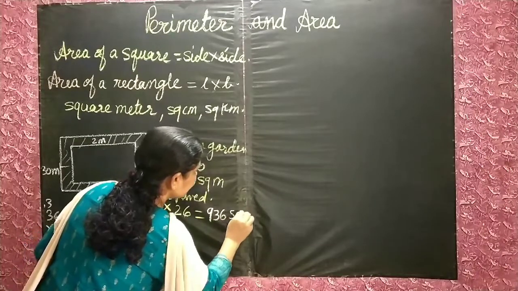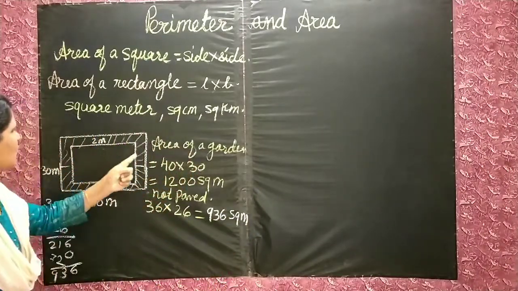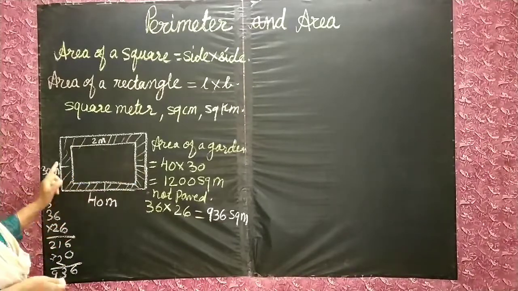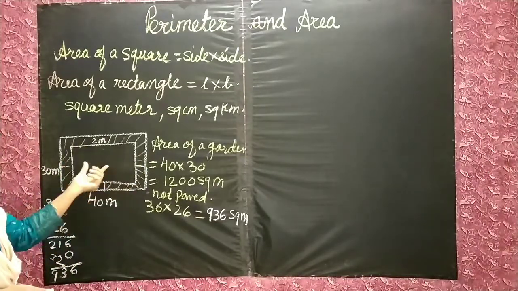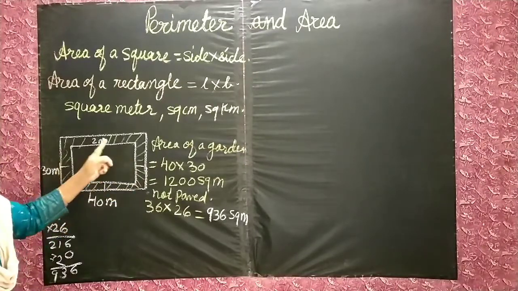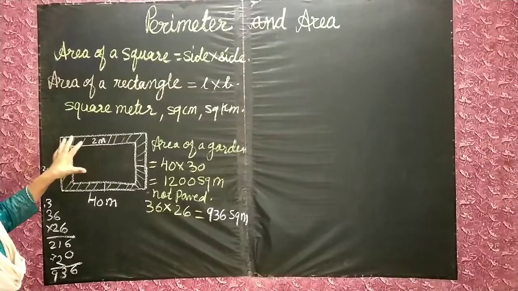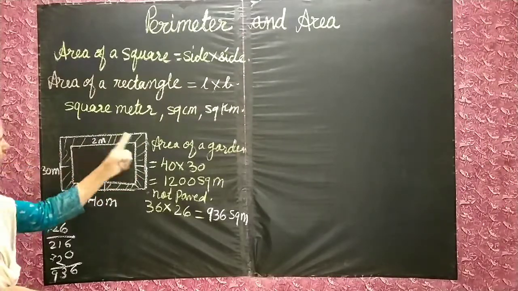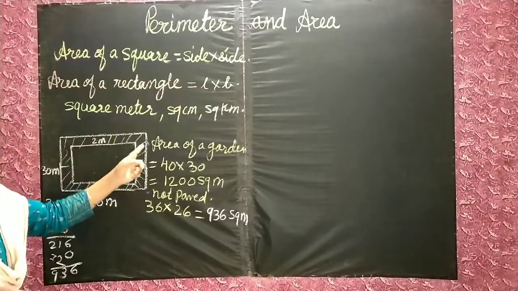936 square meter is the area of this portion. Now see, we know the area of the whole garden. We know the area of this middle portion. So it is very easy to find out this. How to find? What to do? First we are going to subtract this middle portion from the whole, so that we will get this shaded portion